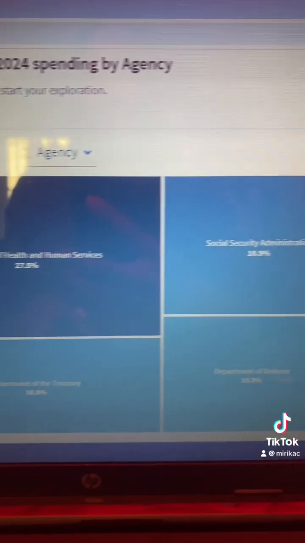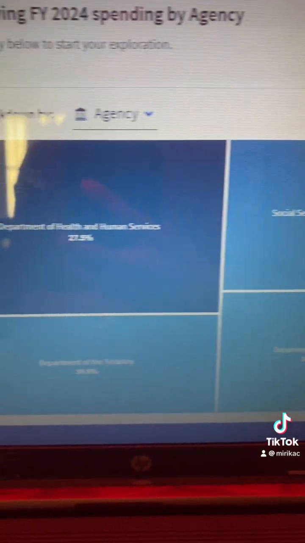Okay, the president will also make suggestions. All right, and Congress will look over the suggestions and they'll say okay, we'll do this much money here, this much money here, this much money here, this much money here. So here you can look at it by these little squares. Okay, the agencies and whatnot.